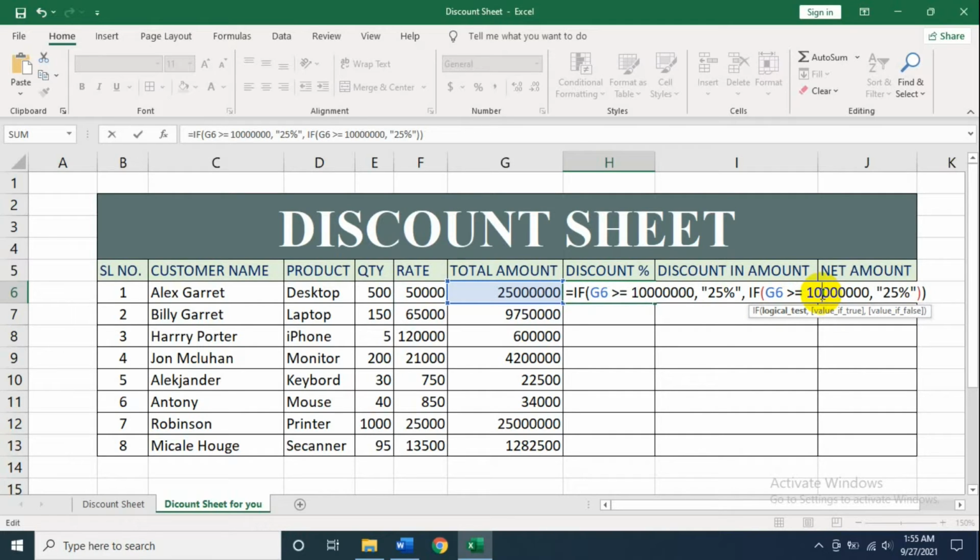Select the 1 crore to 50 lakhs and change the discount percent like 20%. Go to here, comma again, and paste here. Change the condition, suppose 40 lakhs, and change the percentage, suppose 15%. Go to here, comma again, paste again,